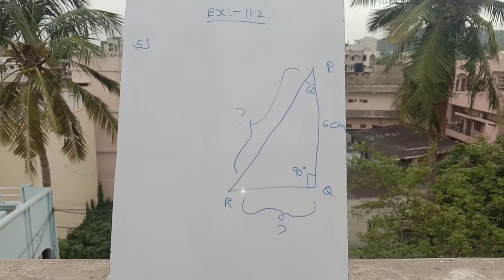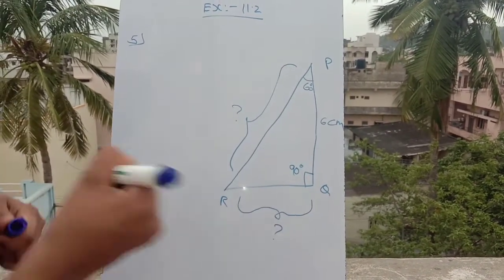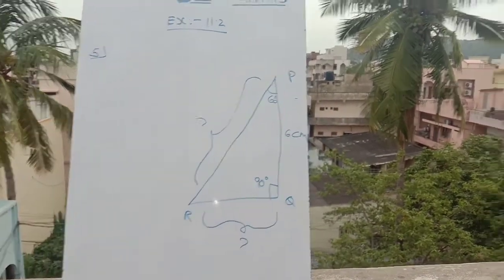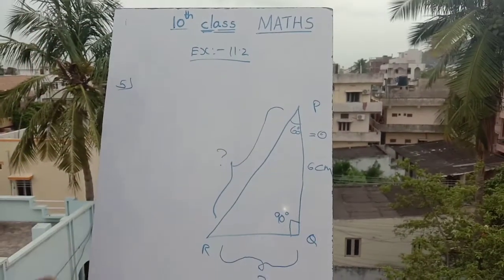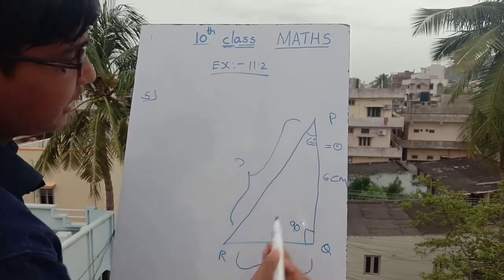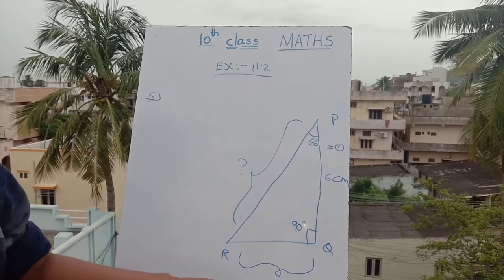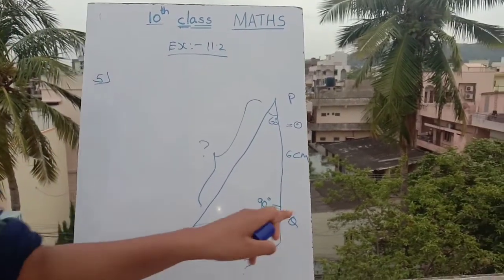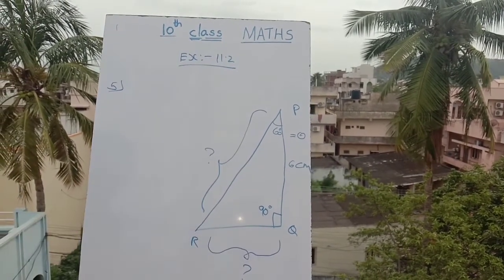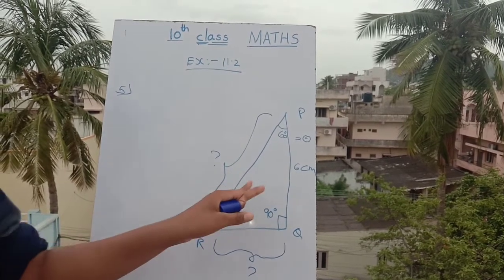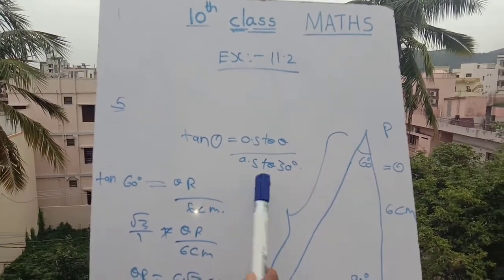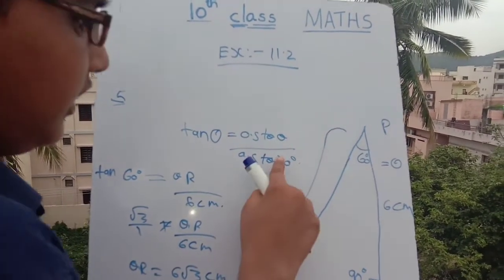So let's take the 60 degrees as theta, so theta is equal to 60 degrees. To find these sides, we will take the 60 degrees and apply the formulas. One side is given, so we can find this side, and we can use the Pythagoras theorem to find the other side, or in another way we can find it using cos theta. Here tan theta is equal to the opposite side to theta by the adjacent side to theta. Sorry, 30 degrees now.